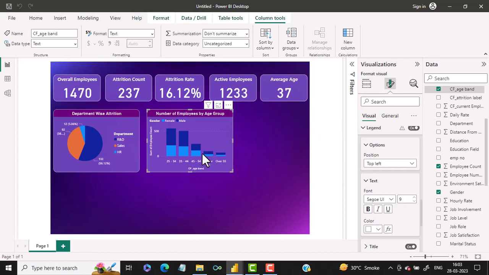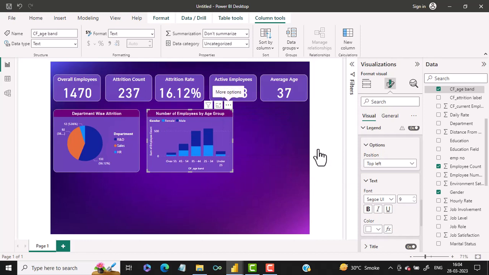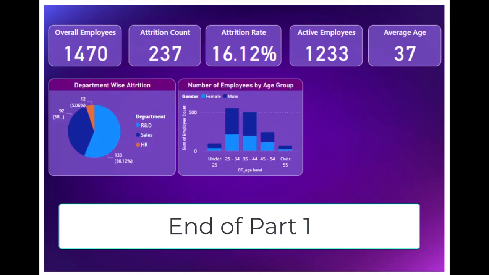Now over here, if you click over here, you have this sort axis. So you say sort by CF age band, and you have to select the ascending order. This completes the frequency bar measure, and also it is the end of